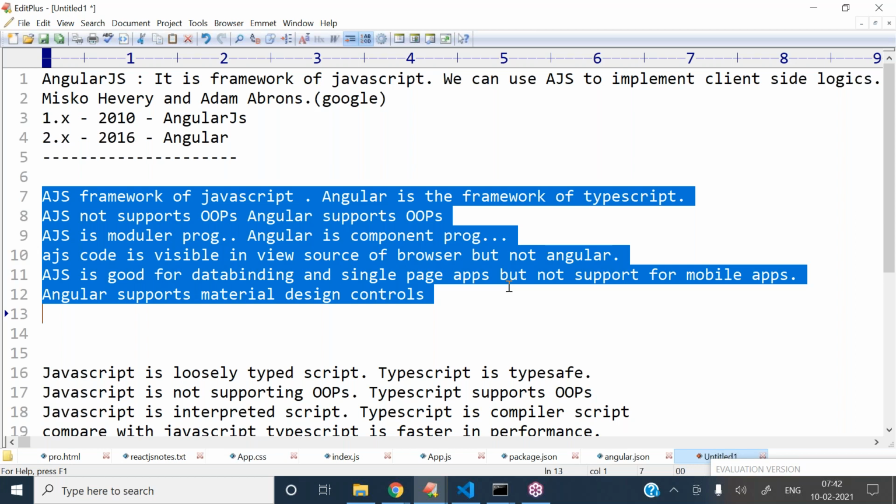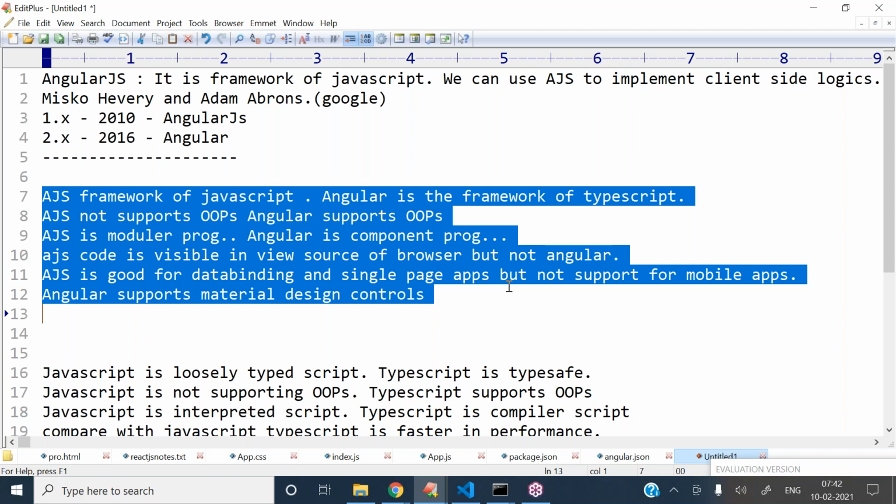But Angular is explicitly built based on mobile architecture. Page source is not visible if it is Angular, but in AngularJS we can see the page source.